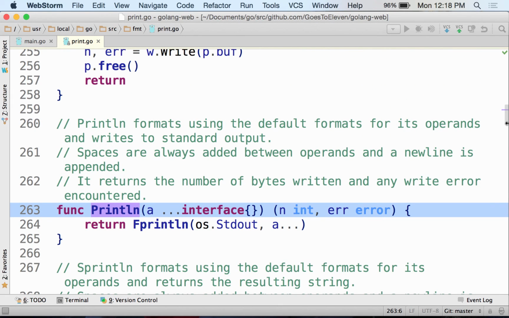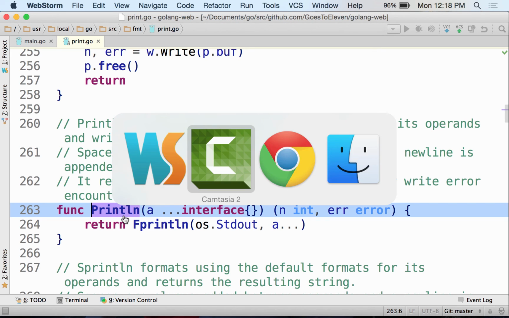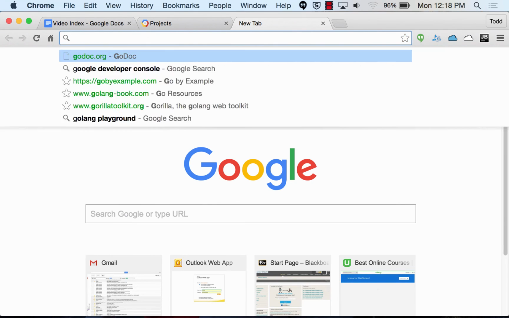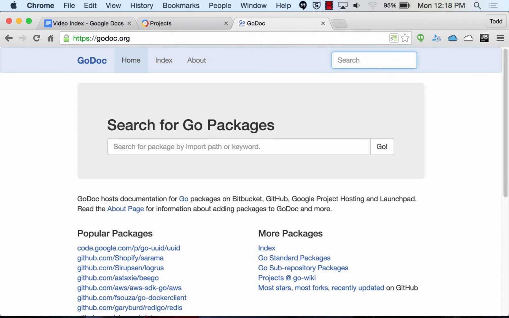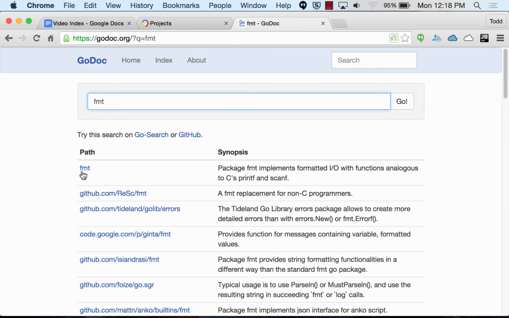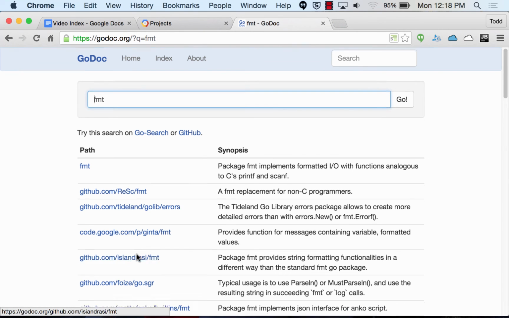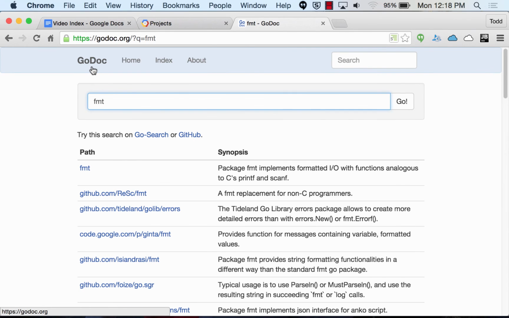And so you could read this right here. And these are going to be the same comments that you will find over at godoc.org. So if I go to godoc.org, I could search up here for fmt. And there's the fmt package. Notice it's just fmt. There's nothing else here, right? There's a few other fmt results down below. So at godoc.org, you have documentation for the standard library and third-party packages. That's fmt from the standard library